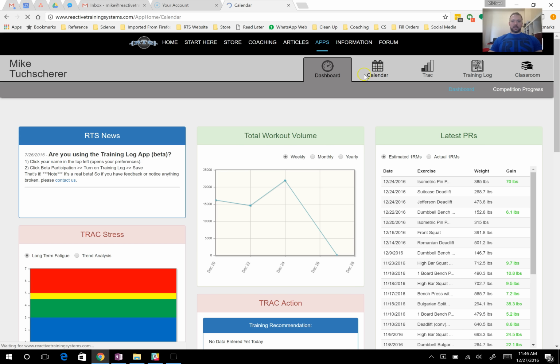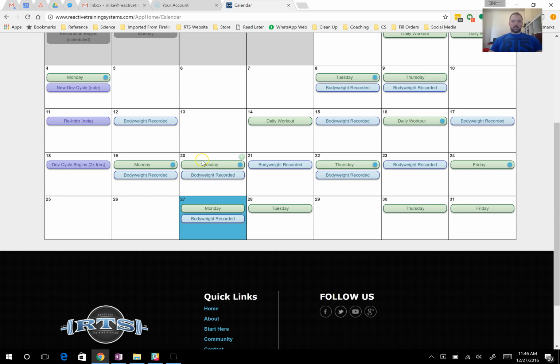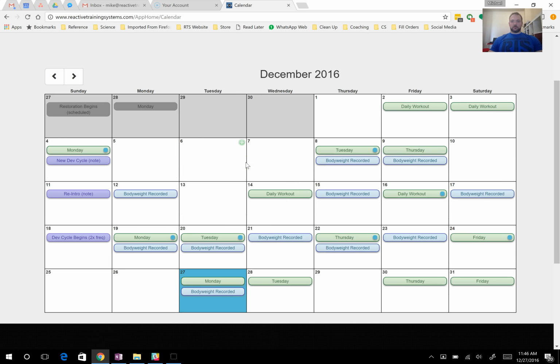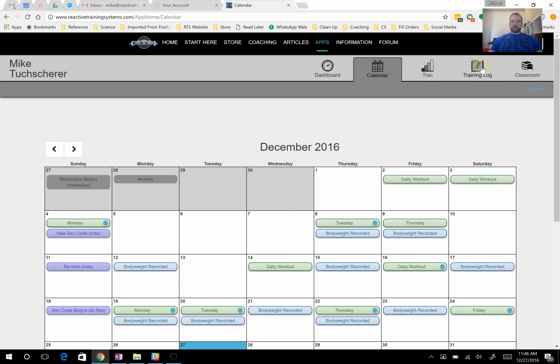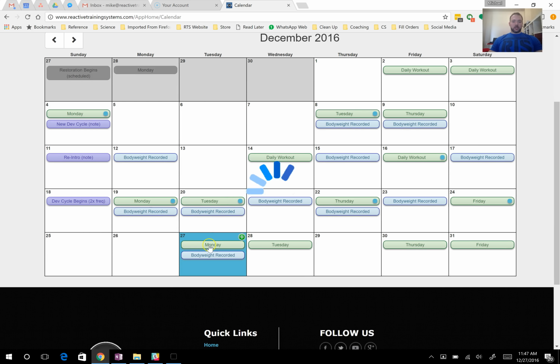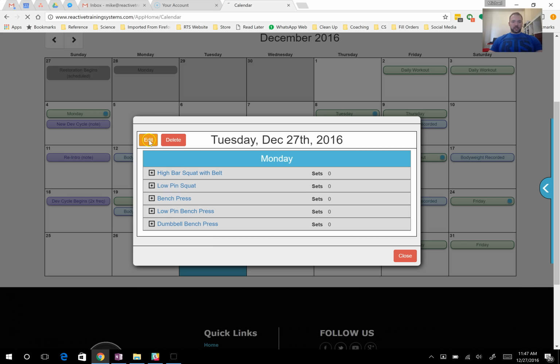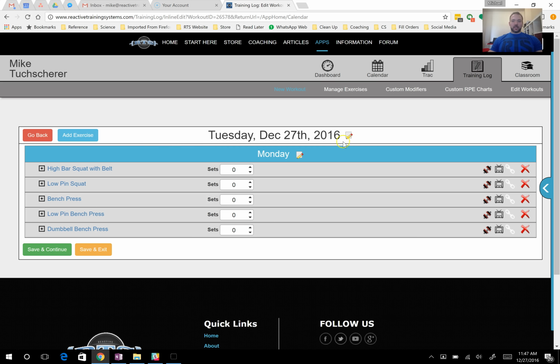So I'm going to go through my calendar because I have a bunch of workouts in there already, and it'll let you see what I'm talking about. So I have today's workout already loaded. If you don't have any workouts loaded, then you would just go through the training log and add one like normal. But I'll open up this workout and go to the edit screen,